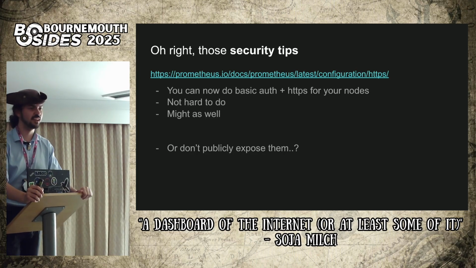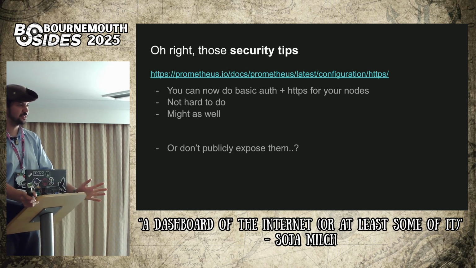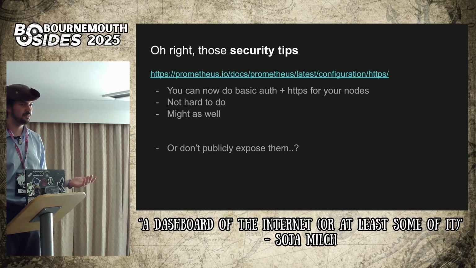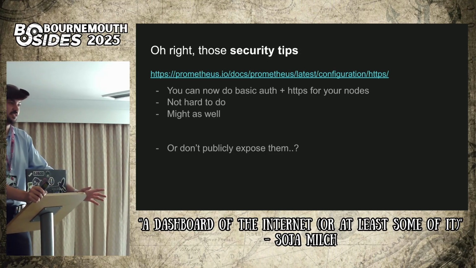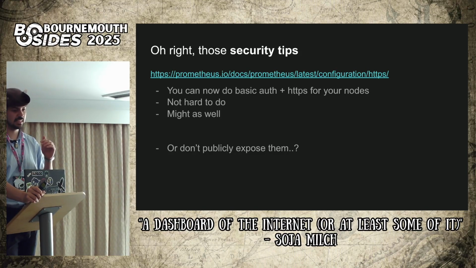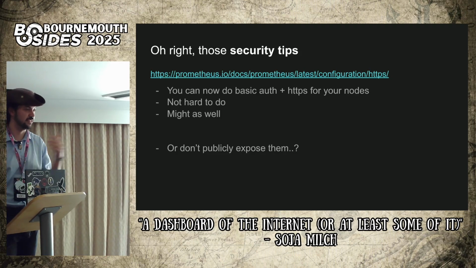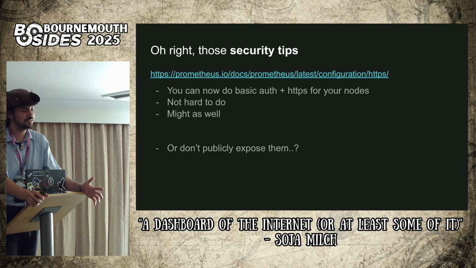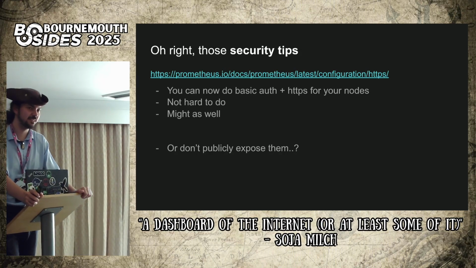In the brief it also says, how can you secure some of these nodes? It's not important to have the nodes secured because they only expose HTTP, just a plain text HTTP page with no inputs, so you can't really exploit it if you wanted to. But if you need to, they recently implemented HTTPS with basic authentication, so you can simply add an extra layer and prevent people like me from quickly logging in and scraping it. I don't know why you'd need to do that, but you can, I guess. It might make it slower, but